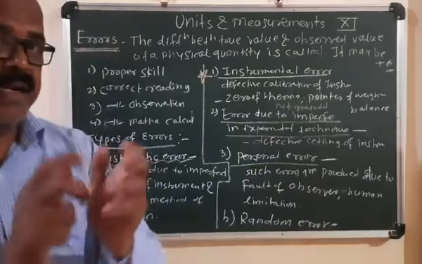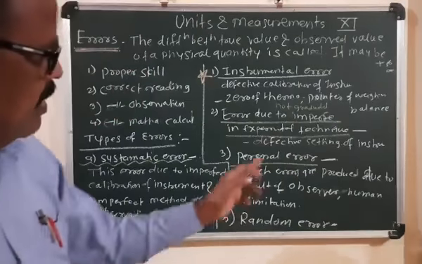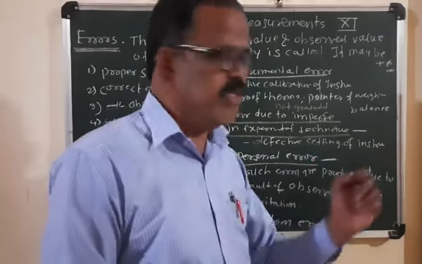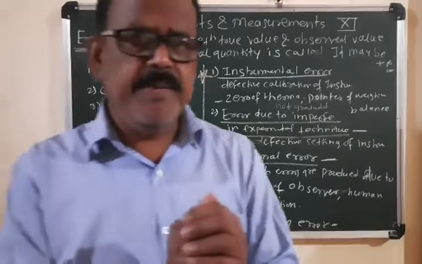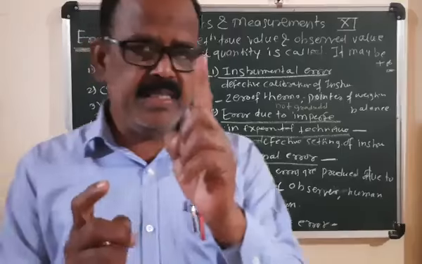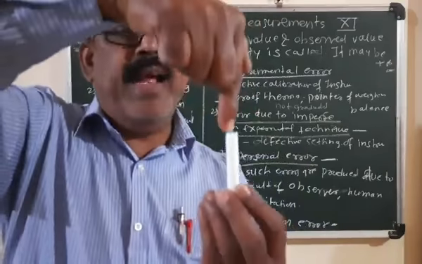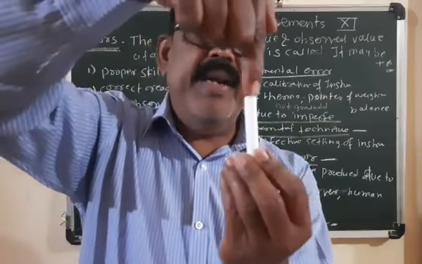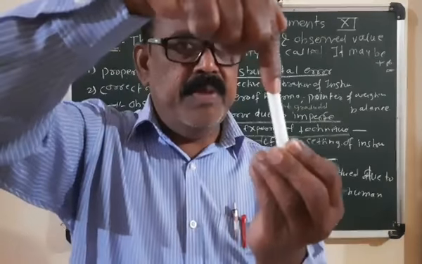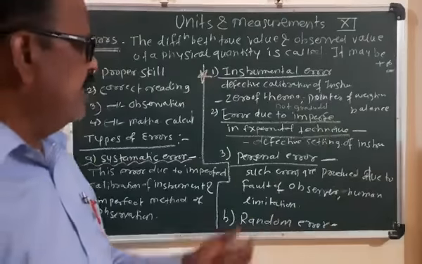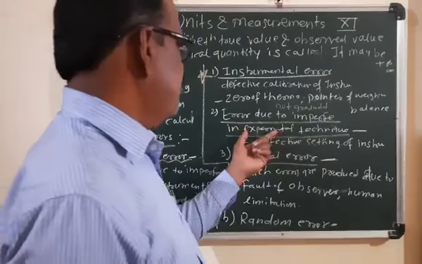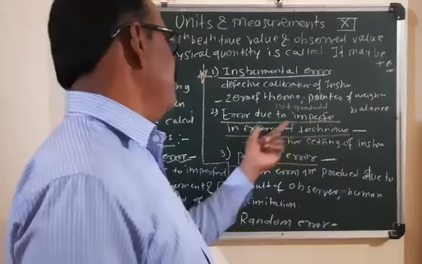Certain specific types of errors are produced in the experimental technique. They are caused by defective setting of the instrument. For example, with a galvanometer or a voltmeter, if the pointer of the galvanometer cannot be pivoted at the zero mark, or cannot be fitted at the zero mark, then it produces the error permanently in the experiment. Such a type of error is called the error due to imperfection in the experimental technique.